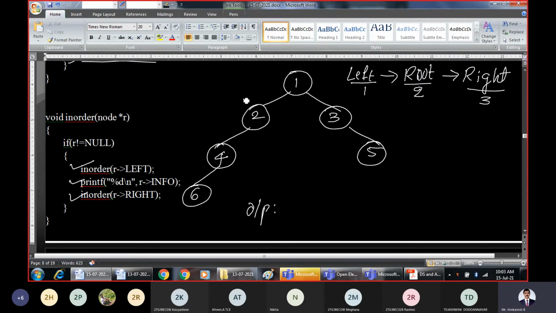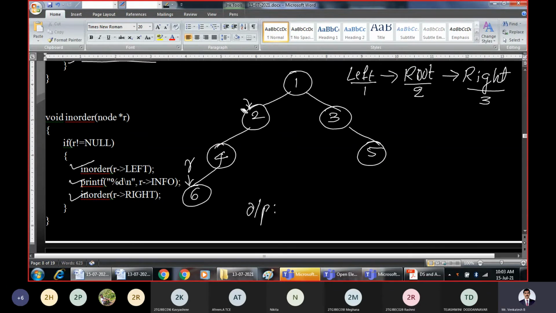We will come down towards this 2. Now this becomes the new root node. Whenever you are present at any of the node, what the recursive rule says, first you have to go to the left subtree. Then we will come down towards left. Now this becomes the new node of interest. Whenever you are present at some node, what the rule says, first you have to go to the left subtree. Then we'll come down towards left. Now this becomes the new node of interest.